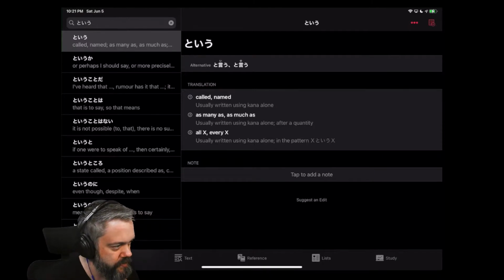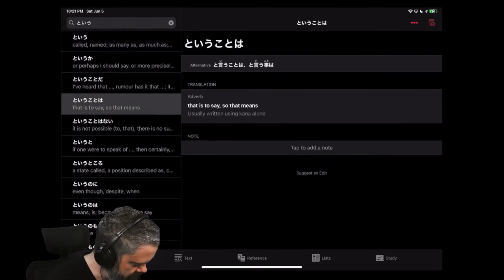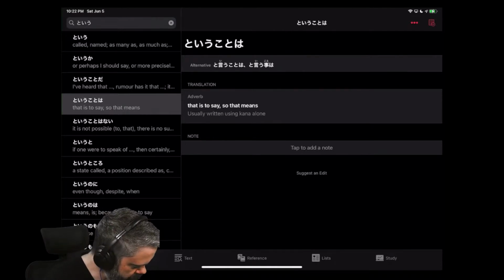So that's kind of interesting. So all X, many X, but you can see here toyu koto wa, but this is toyu koto, but not with the wa. Toyu tokoro, toyu no ni, toyu no wa, toyu no mo,